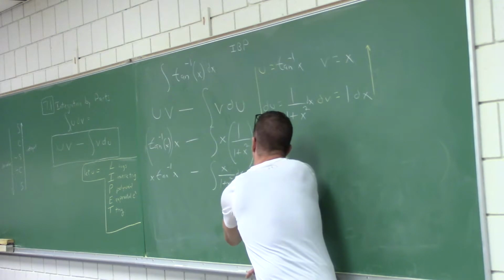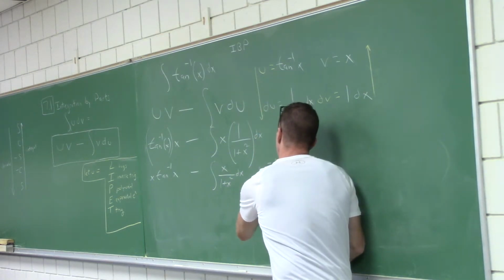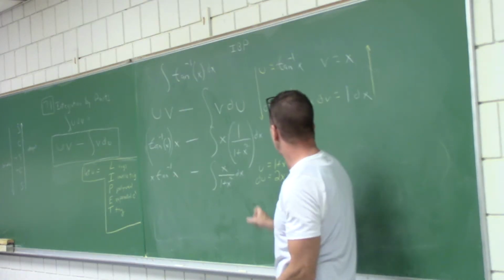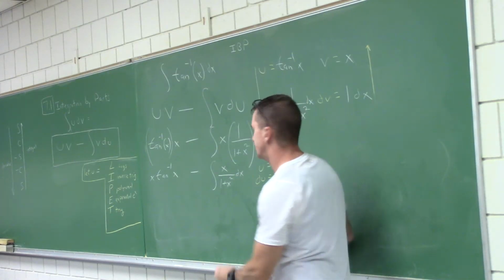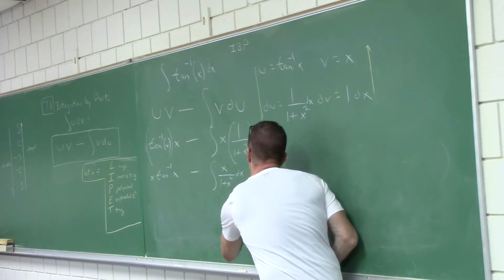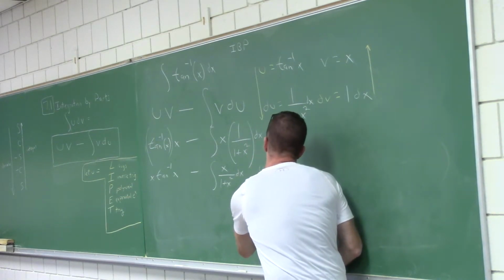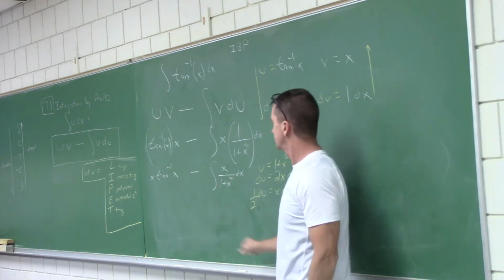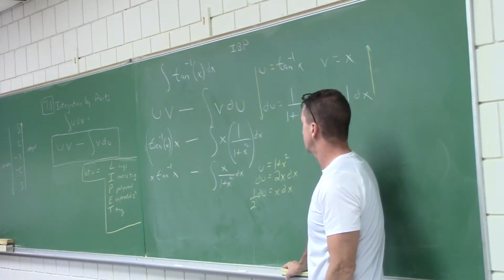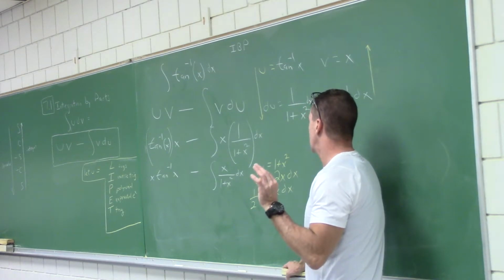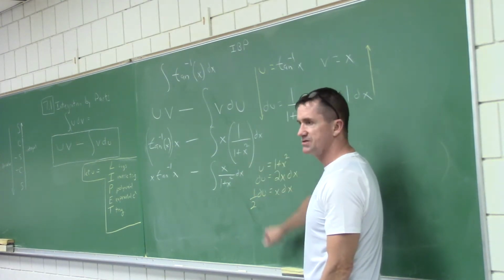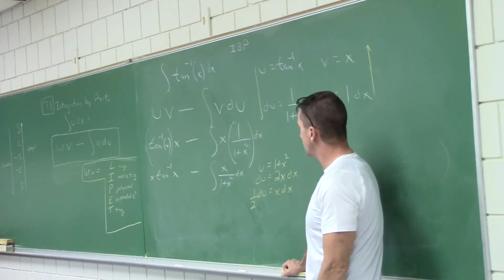What's du? 2x dx. And when a 2 popped up, what I'm going to do is divide by 2. I get 1/2 du equals x dx. I'm doing this so I can knock out the x dx. Andrew, super job, because you're 3 steps ahead of us. You're seeing in the end where this is going. You saw this. Because now,